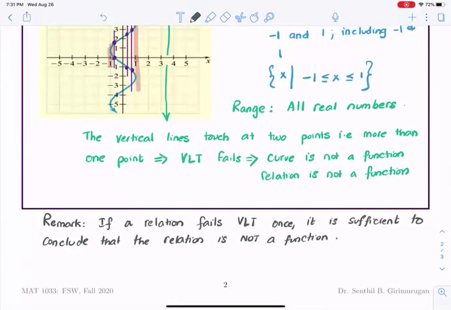But to conclude if something is a function, you should make sure that the vertical line test is satisfied for all x values in the domain of the relation. So the second remark is to conclude